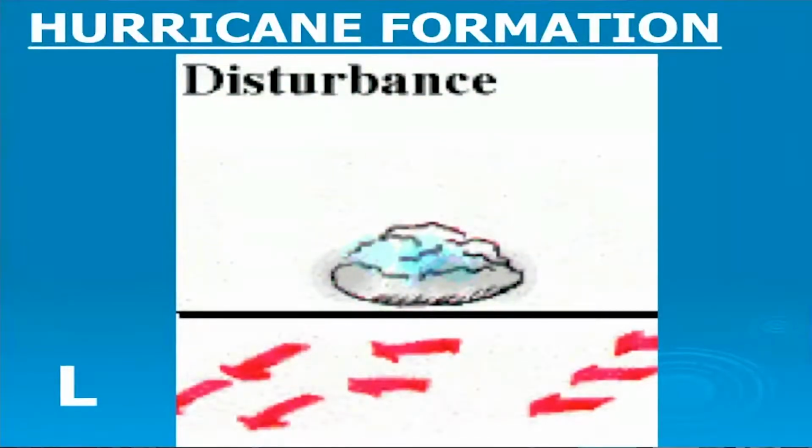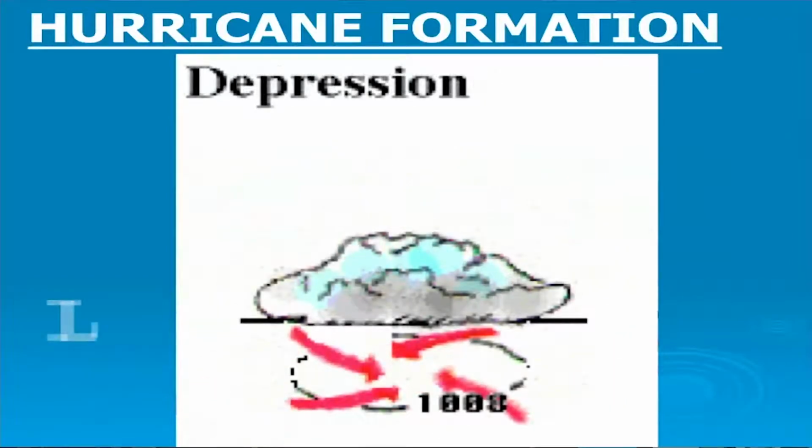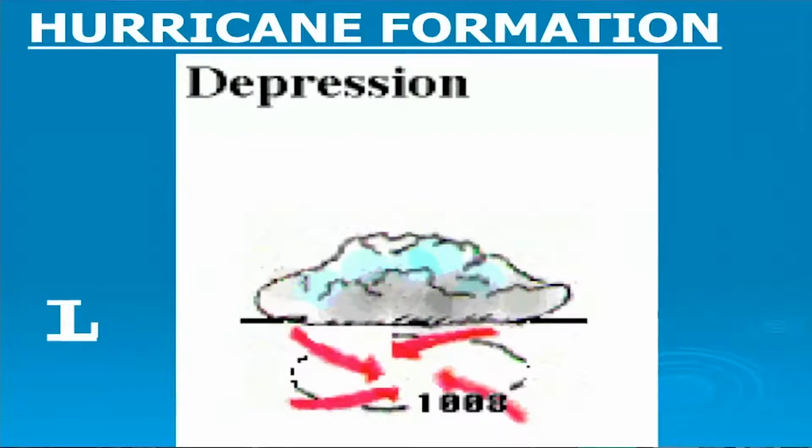Hurricane formation is complicated, but it starts as a large mass of thunderstorms, known as a tropical disturbance. It has a cyclonic spin to it. As it gets more developed and the rotation intensifies, it becomes a tropical depression. The central pressure starts to get lower and lower, thus depression. Winds typically in a tropical depression will be a little under 35 miles an hour.